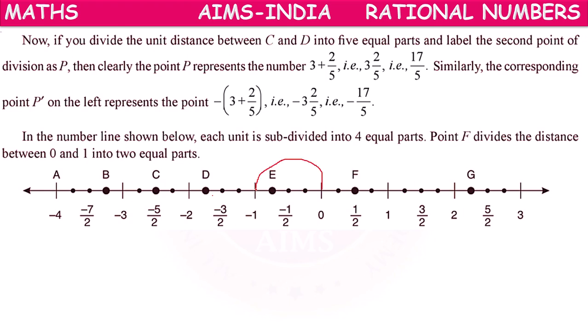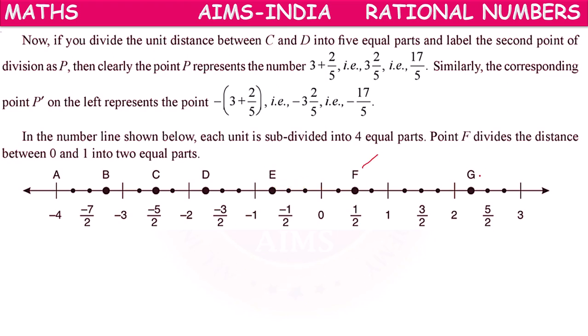0 to 1, one complete jump. After that, 1 part, second part, third part. 1 complete part plus third part out of 4 parts. 1 plus 3 by 4. On the left side, minus. Minus of 1 plus 3 by 4, or minus of 7 by 4. Next, what is E? From 0, 1, 2, third part, means 3 by 4. No one complete part is completed, before one complete part only it is there. So minus of 3 by 4.